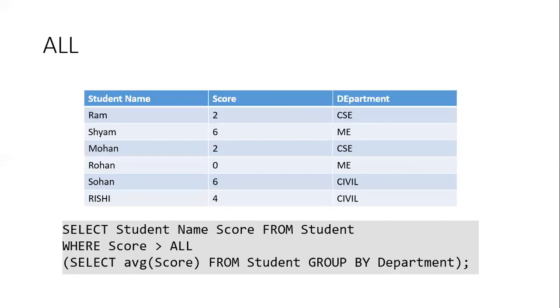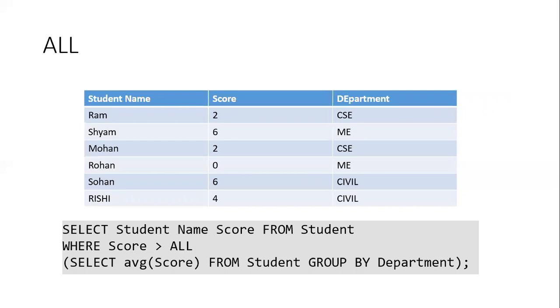Okay, so similarly, likewise, we can use all keyword. Here I have a table having three attributes: student name, score, and their department.